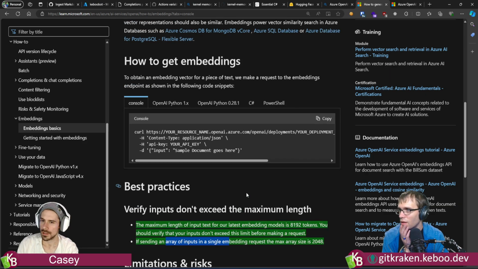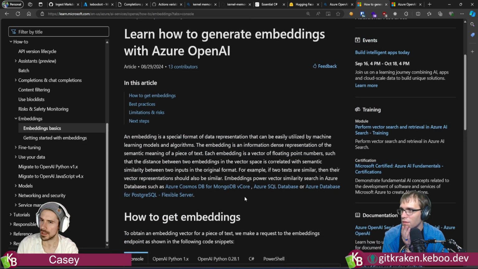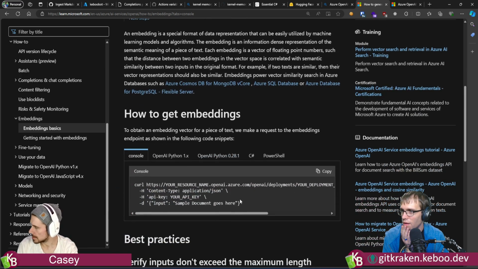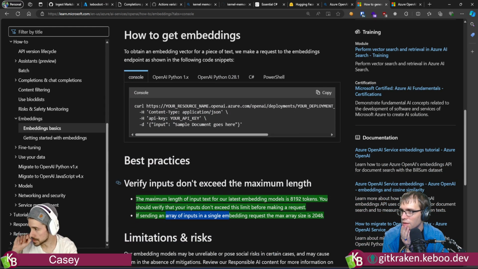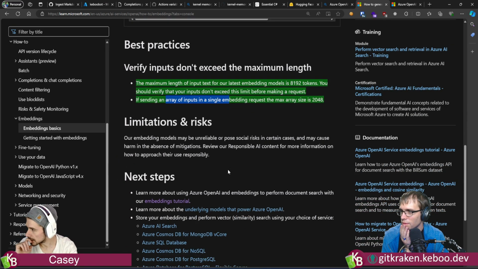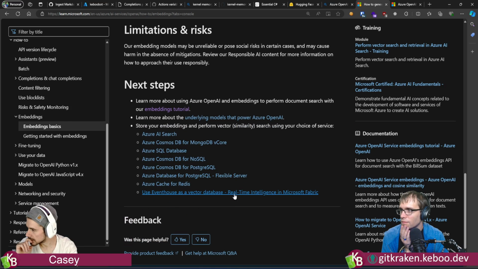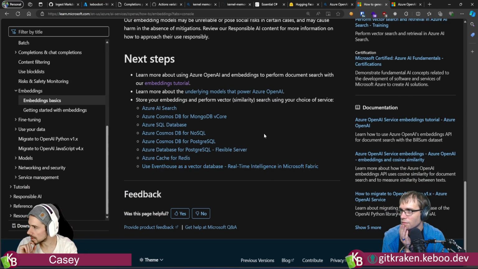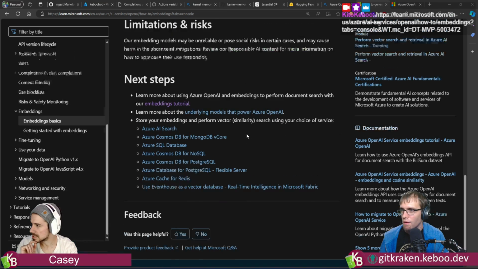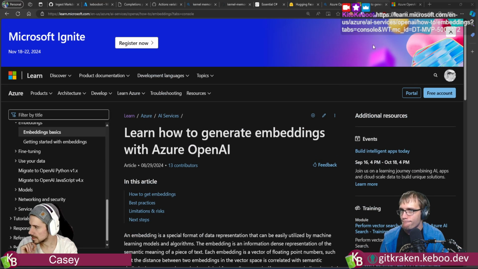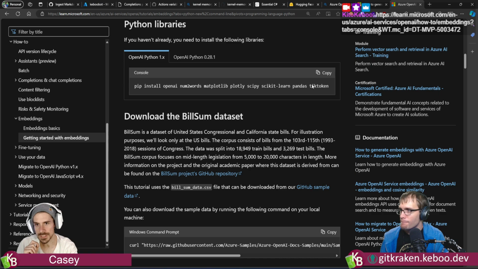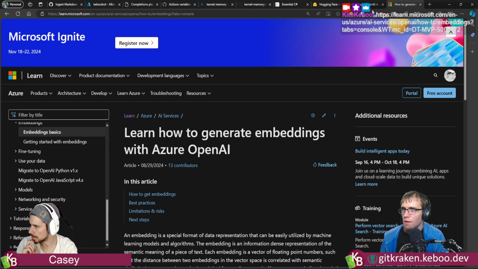Am I out of line with that thinking? I don't know. I'm not 100% sure. I'm looking at a different set of docs, and it actually may say in the interface, the Azure OpenAI Studio.